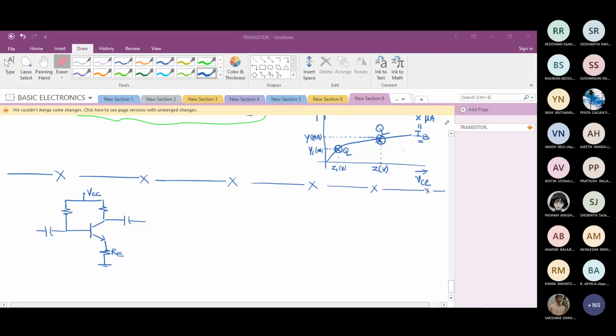From the next session onwards, a new faculty is going to come. He is going to teach the next chapter, operational amplifier and the digital electronics part. So my part is done. The rest, the left out part, I will do in the extra class. Thanks a lot. It was a pleasure to teaching you people.